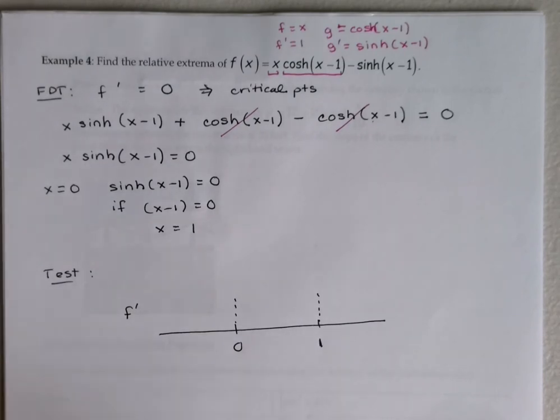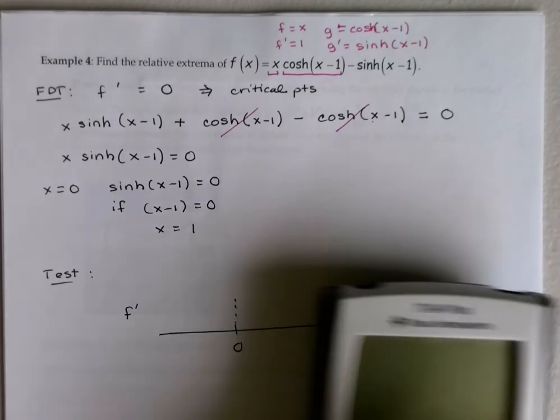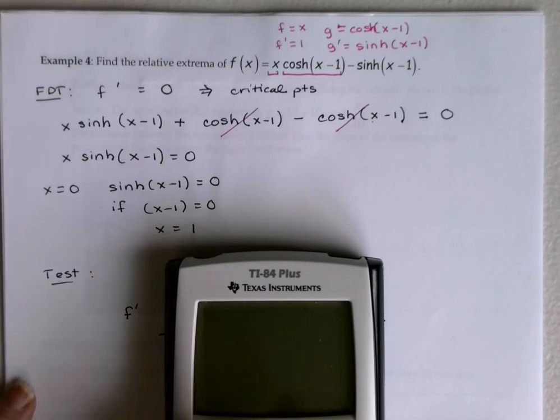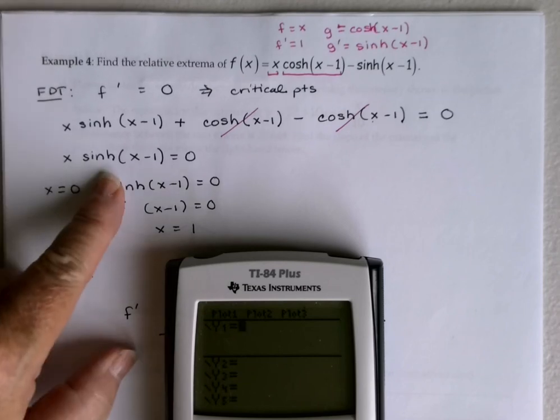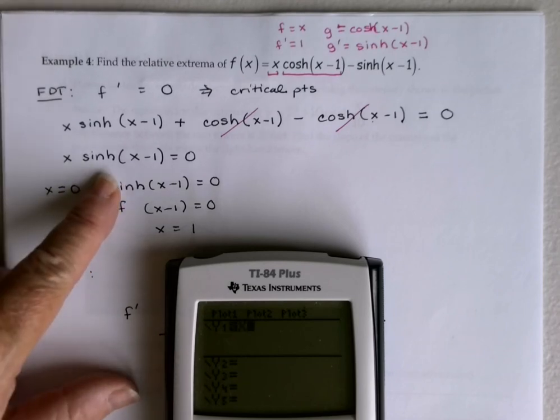I should probably show you where that is. Let's go ahead and put f prime in. So our y equals, and we're going to put in the f prime, which is x times the hyperbolic sine of x